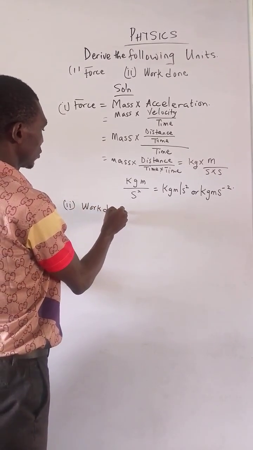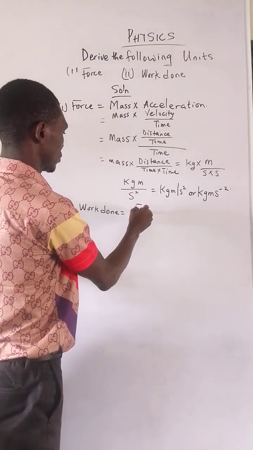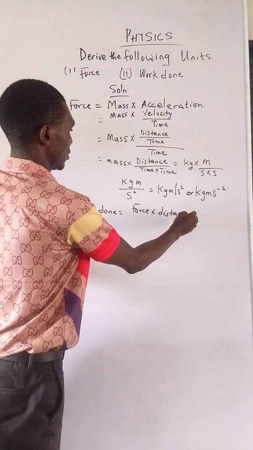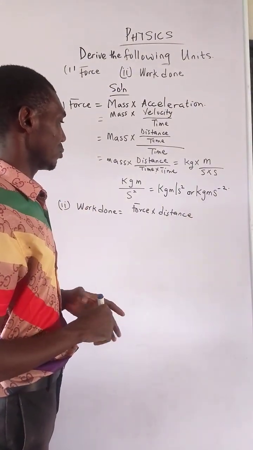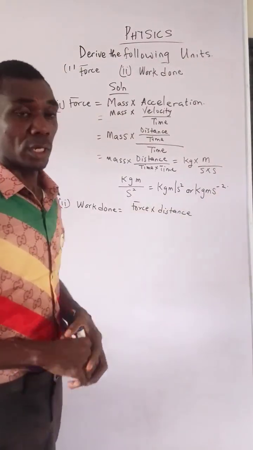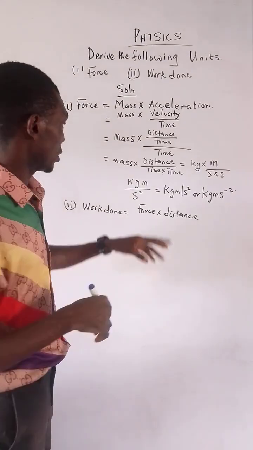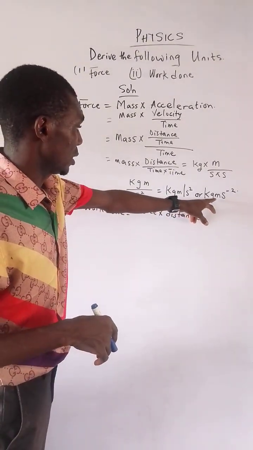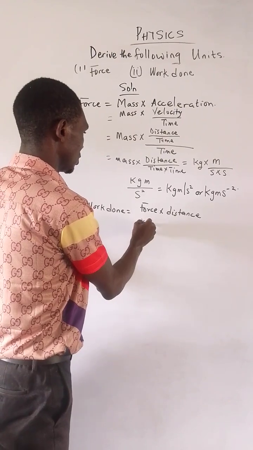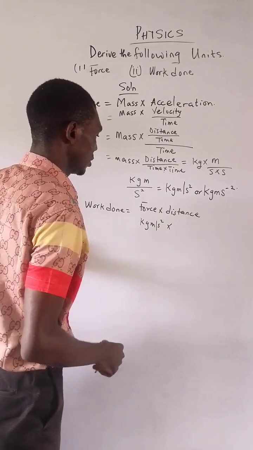Work done, which is the second unit there, has a formula of force times distance moved in the direction of the force. Force times distance moved. Force times distance is work done. The measure of the force and the distance which was moved by that force is the work done. And we know that force has a unit here, kilogram meter per second squared. So we just pick what is here, which is kilogram meter per second squared, times